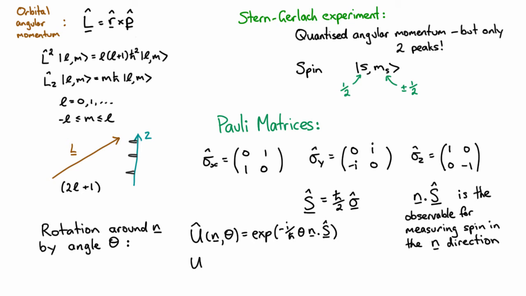Then, in fact, the rotation would be the total angular momentum, and the total angular momentum would be the sum of the orbital angular momentum and the spin angular momentum. So this is for the whole system. That would be, say, the spin version, and this would be the total rotation. Now, if we rotate our system around 2 pi, an angle of 2 pi, in other words, a 360-degree angle, you'd expect all your measurements will be exactly the same. You don't expect that to change the universe in any way. In terms of the states, that means we don't exactly have to have exactly the same state, but we have to have the same state up to a phase.